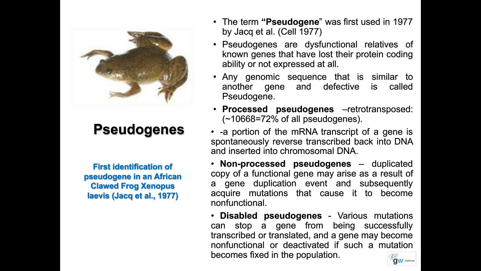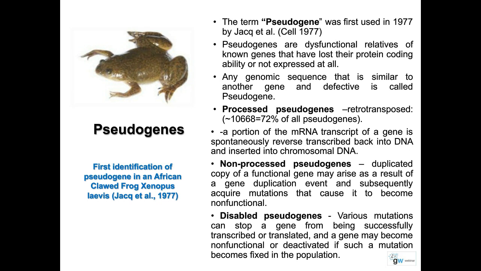Essentially, after the initial transcription of any gene, the intronic sequences are removed. After splicing, only the exons are fused, and for reasons where we don't know the exact mechanism, in the cell itself the RNA is spontaneously reverse transcribed into a DNA strand, and that gets inserted into a different location in the genome. Although the exonic sequences are similar to the wild-type gene, this new pseudogene has lost all the introns, so in other words we also call these intronless genes.